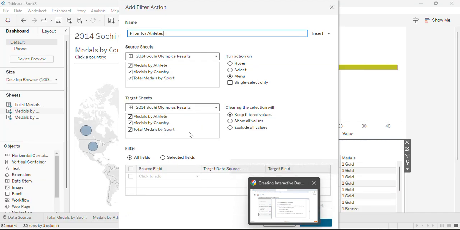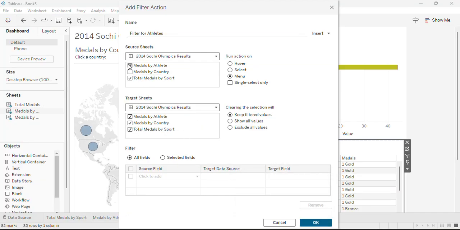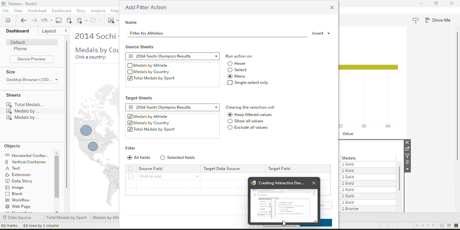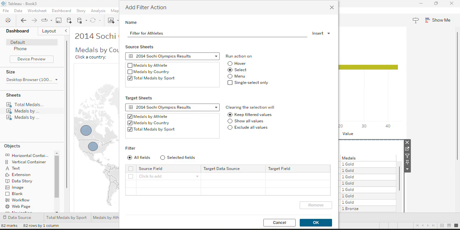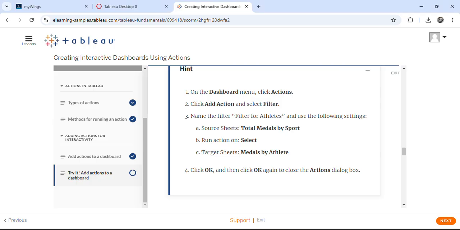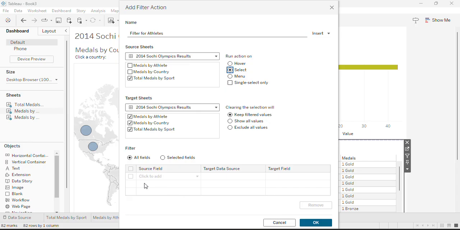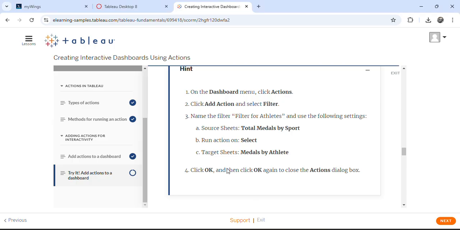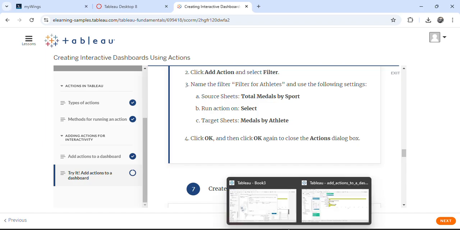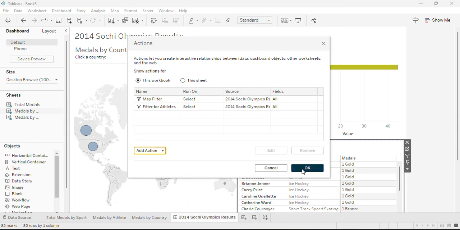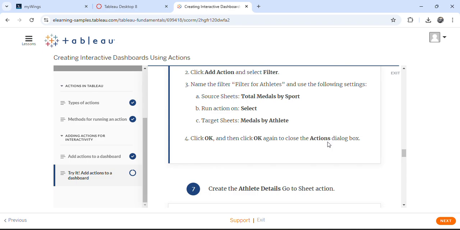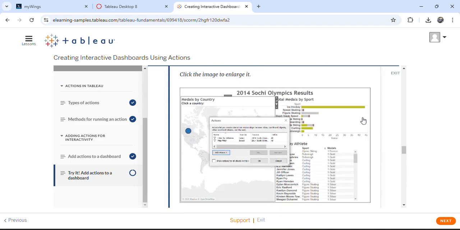Source sheets, total medals by sport. Run action on select. Target sheets, medals by athletes. Click OK, and then click OK again. The expected result, so we have